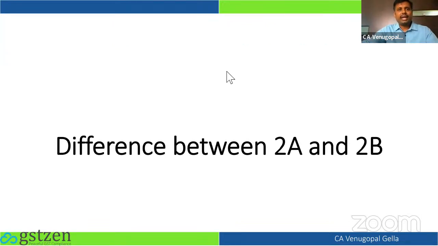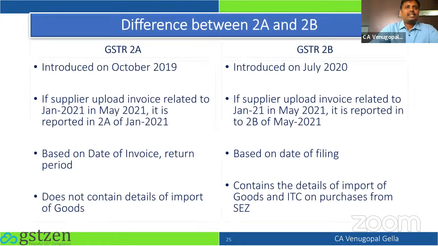The next thing you should be aware of is that 2A and 2B are there. People always get confused which is the tool I should use for reconciliation. If you are reconciling today for a particular month of the past, then use GSTR 2A. If you are looking at how much credit you have to take in the month, look for 2B. If you want to do a YTD reconciliation, again use 2B, right? So 2A tells you the credit pertaining to a month. 2B tells how much credit is eligible in that month. Basically,